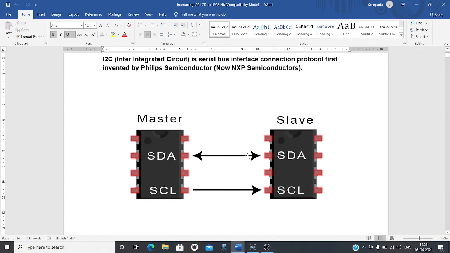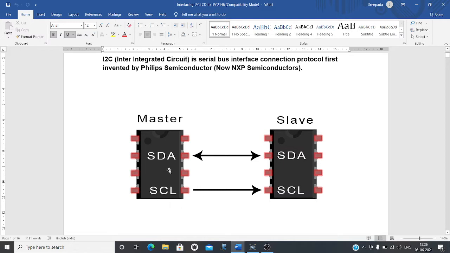For example, here is a simple depiction of this I2C. There are two devices, one device we will call master, and the other device we will call slave. These two devices are connected with two connections. One is SDA, second one is SCL.